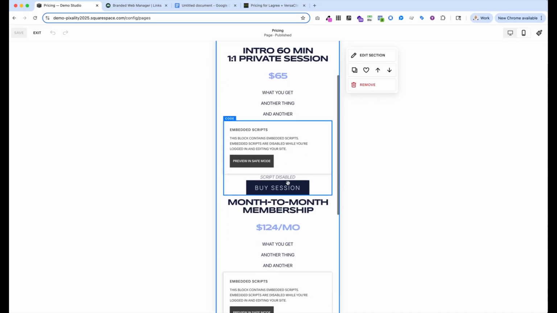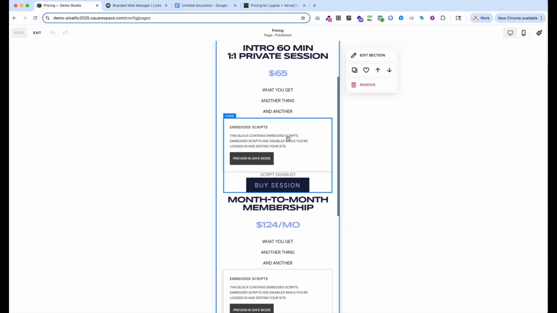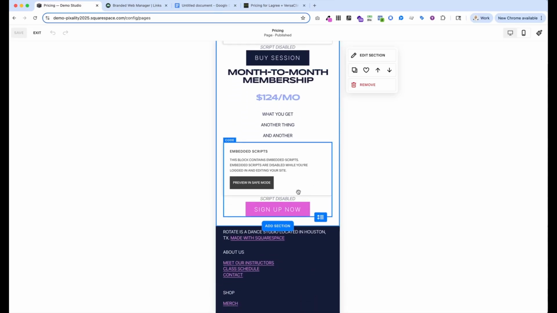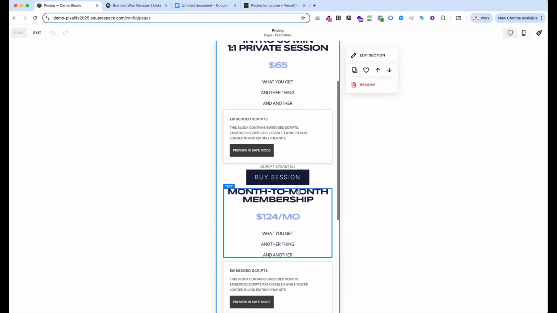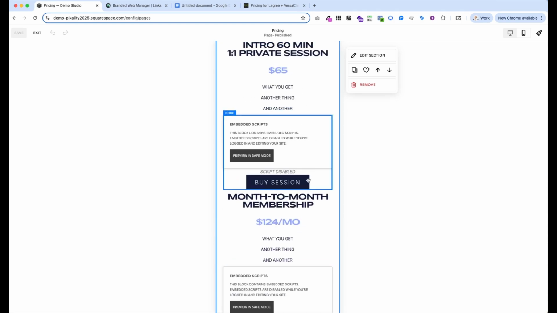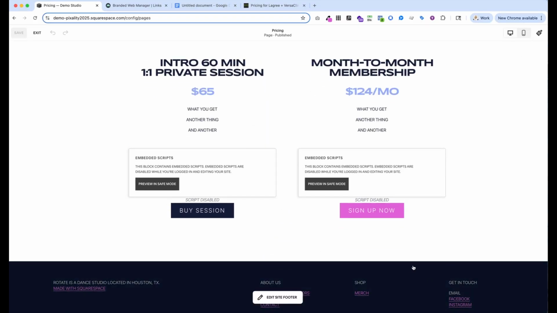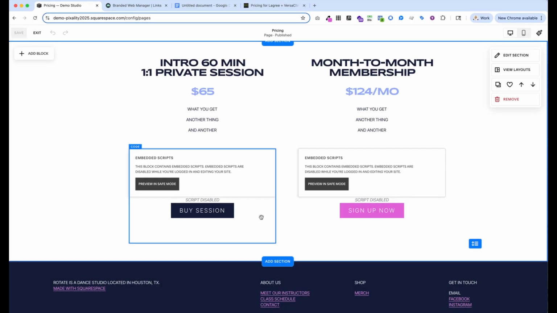So in this case, we're looking pretty good. We've got the text, we've got the buy session, we've got the text for the membership, and we have the button for the membership. So that's perfect. Because of the way I built it, that's the order that I built it in, and so it knows it wants to be in that order. However, if on desktop I was working on this page for a while, I had a bunch of different pricing options, I was moving them around, I was organizing them in a different way,